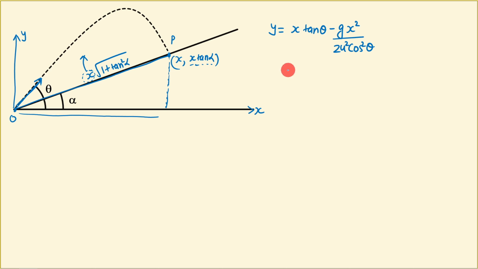So for the maximum value of x, you can say that dx by d theta is going to be 0. From the first equation you can determine the value of x and then differentiate it, and you will get the actual value of theta for which this optimum trajectory will happen. Using all of that you can surely determine the direction of the final velocity vector, and you will be able to prove that these are perpendicular, right?